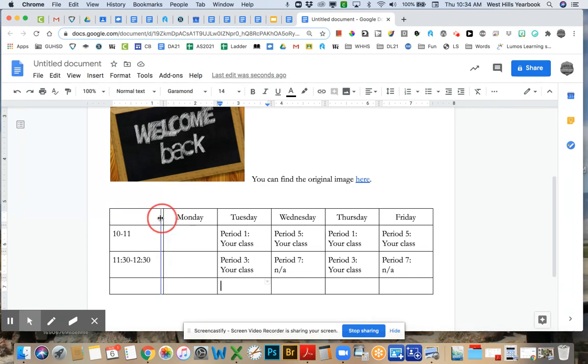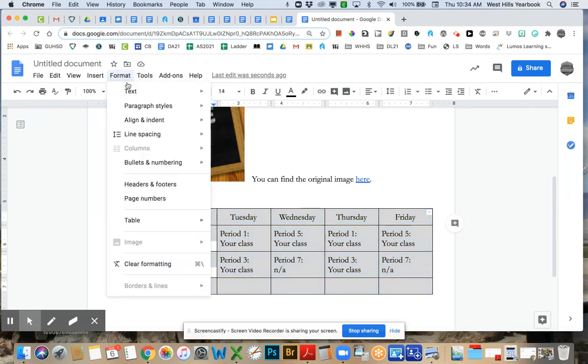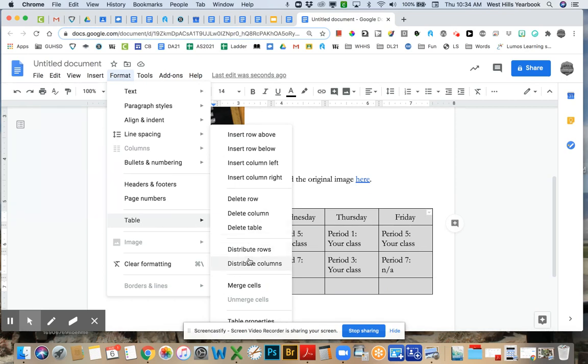You can also grab this and change the size of it. Maybe I want it to look a little bit more like that. And then if I still want all of these to be even, because look how big Monday is, that's not going to work. So I'm going to go to Format, Table, and I'm going to distribute my